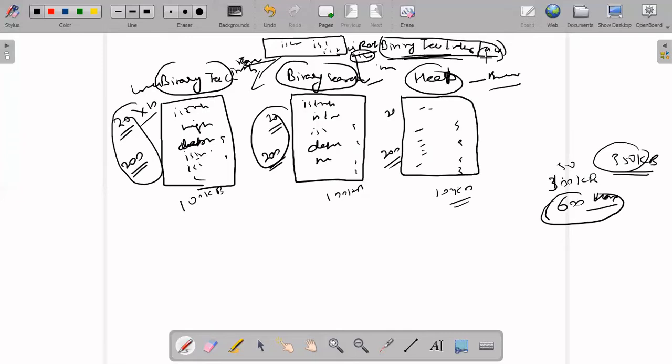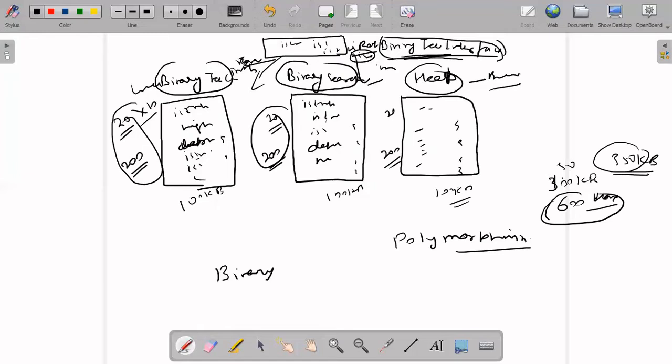But what is the benefit? Okay, there is still one benefit, and that benefit we call polymorphism. So what benefit will we have?